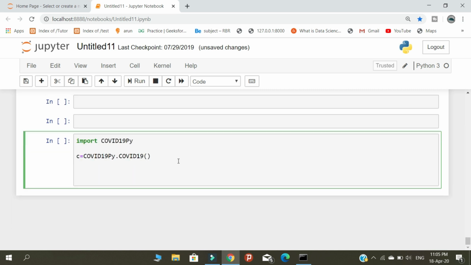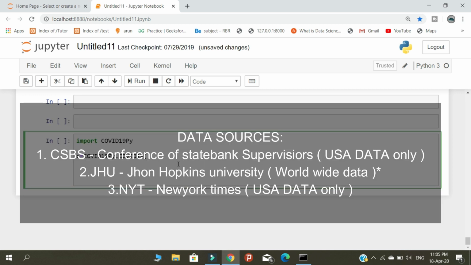After that we need to do one of the important steps. This is considered one of the important steps in this video. There are 3 data sources created by the COVID-19 package creator. Using these data sources we are going to get the information of COVID-19.